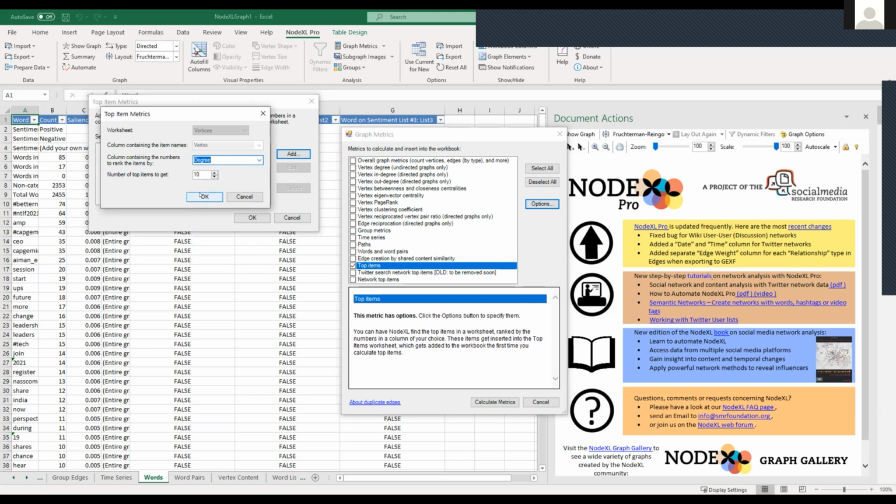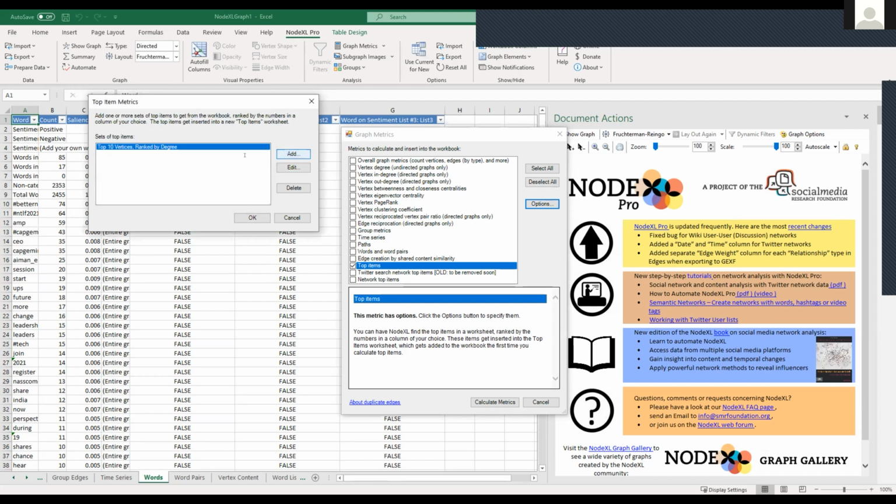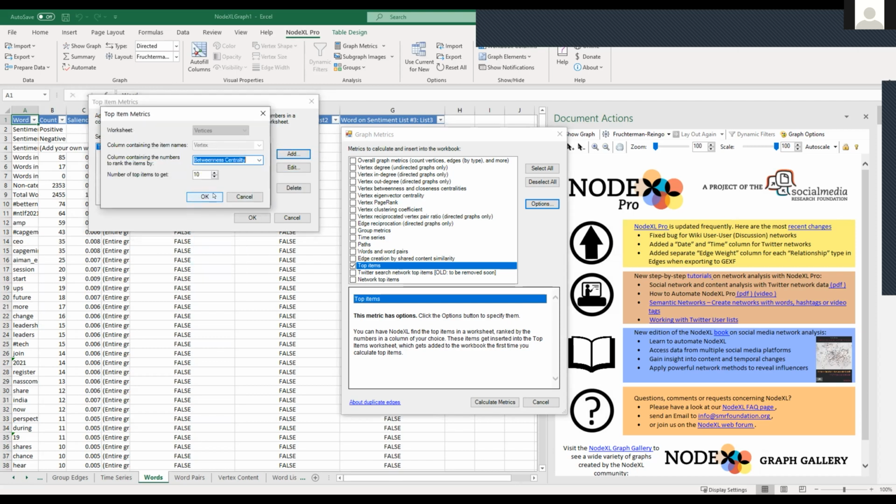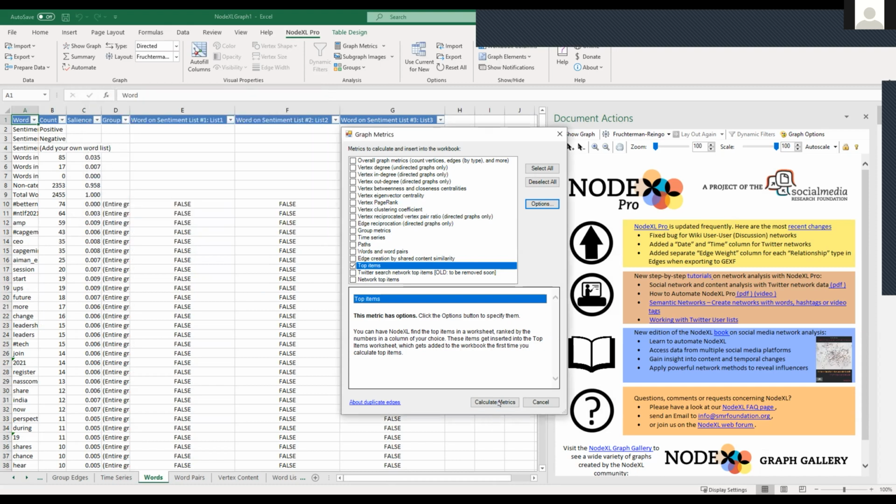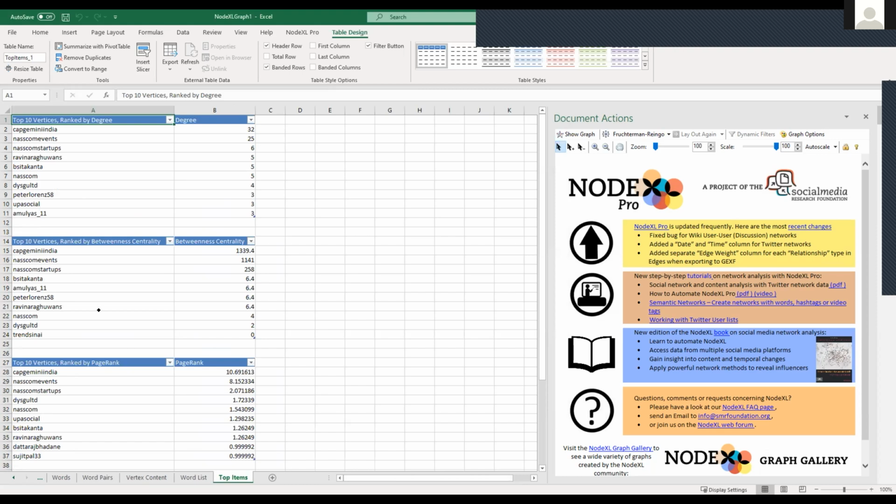So show top 10 degree, add top 10 betweenness, add top 10 page rank. Maybe that's it for now. Click OK and then calculate. And then it will make a new sheet here called top items.